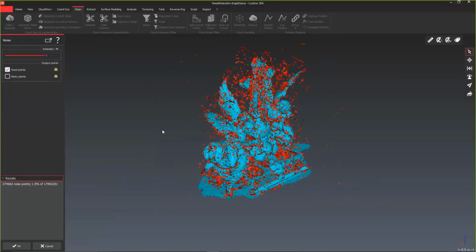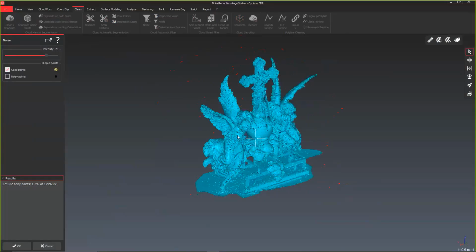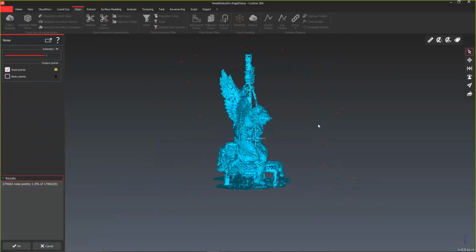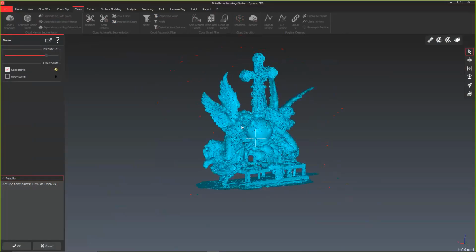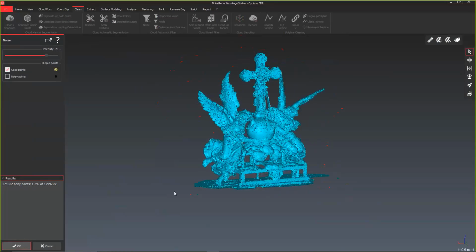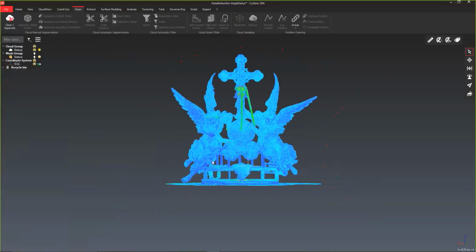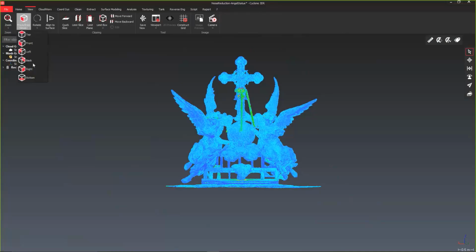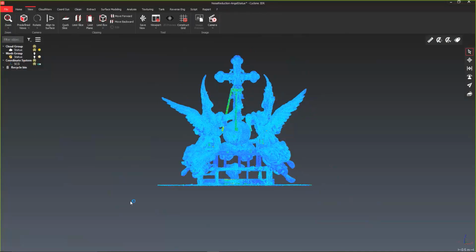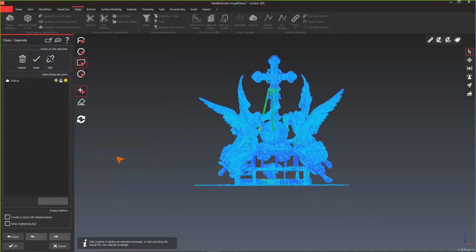right? So if I'm not really sure if I want to do that or not, I can simply turn off the noisy points and see what I'm left with. Okay, and if I like that, I can simply say okay. And we can then twirl this around and look at it. And if we're still not happy, maybe we want to take different pieces of this point cloud and break it out. So we can come over once again to clean and separate, and we can use some tools here like this polygon, where I might just select